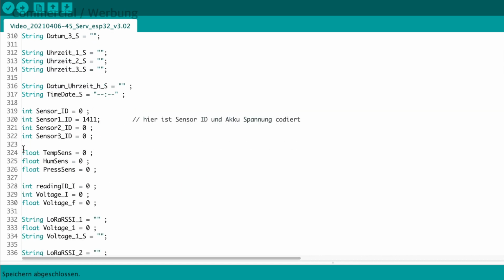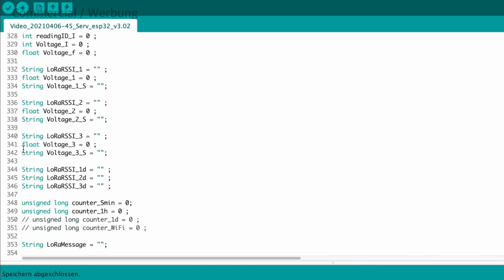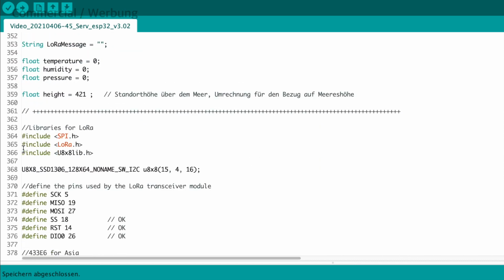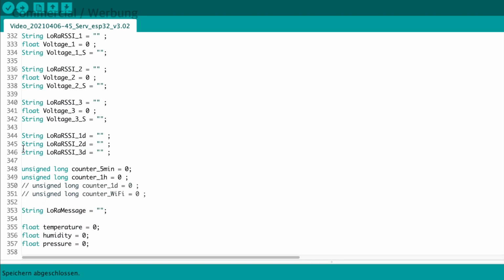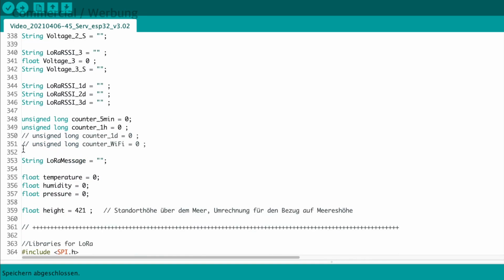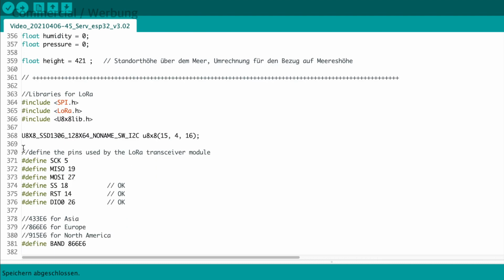Then there are variables to process the sensor data. Here is the topographic height level for the sensor, which is needed for the air pressure normalization to sea level. We know that already from the sensor entities code.